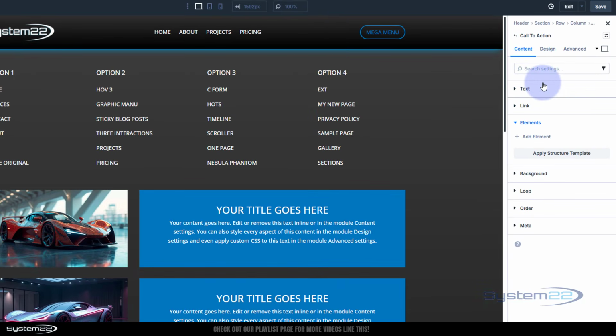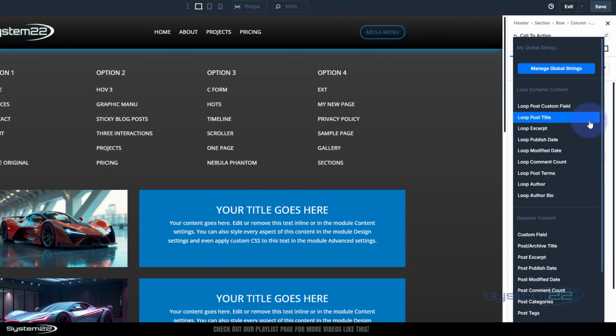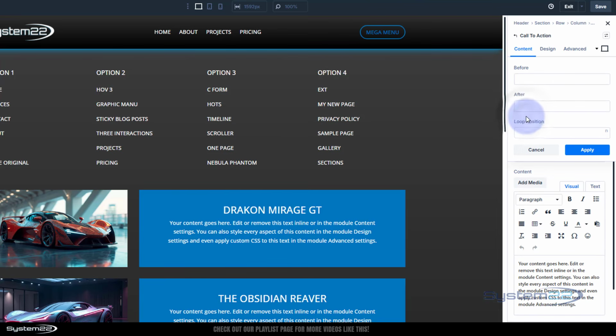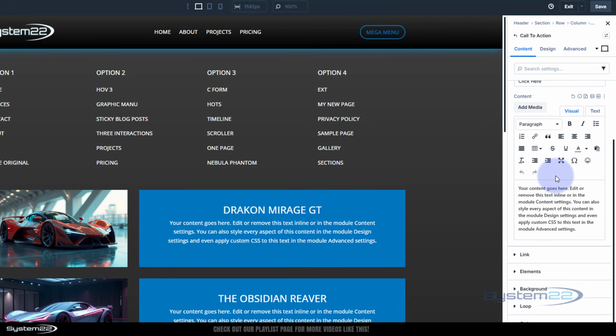For the call to action text, I want the title. So again, a little hamburger icon, Loop post title. Fantastic. It's got it as you can see there. If you want an excerpt, all my posts have an excerpt. We can pull from that. Or if you don't want anything there, just delete this. If we pull in the excerpt,